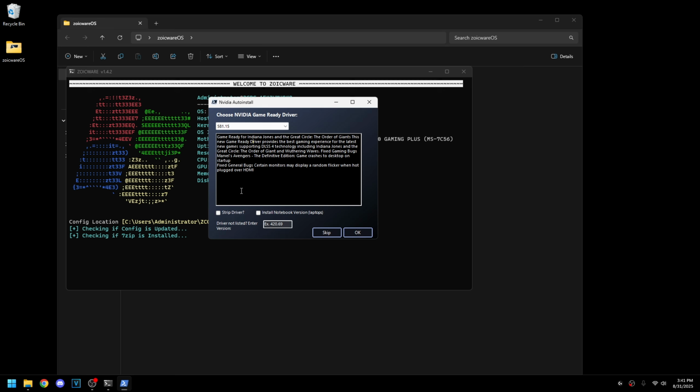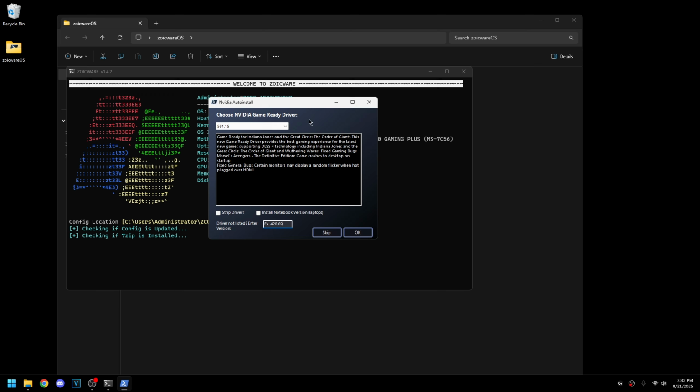If you don't use any of the NVIDIA stuff, so like the NVIDIA app and all that crap, you can strip the driver so it's just the driver that's installed. The control panel is included, so you'll still have that. If you want to install a hotfix driver, you can see here there's a tooltip. You just add HF to the end of the number, so whatever the number is, HF, and that will install the hotfix one. So yeah, choose your configuration here, and then hit OK, and that will install the driver, and